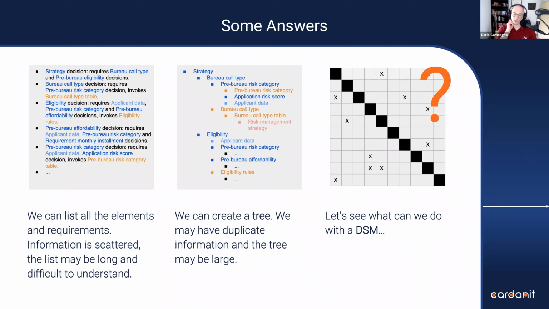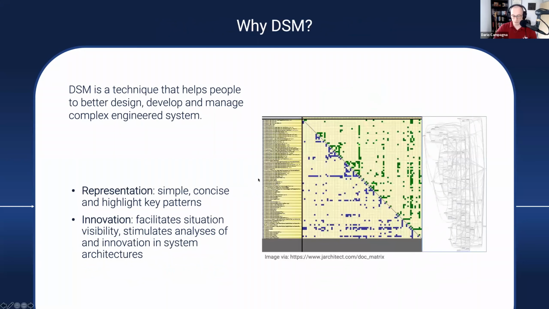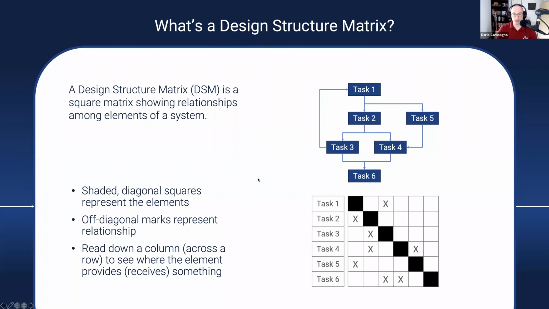So to see what we can do with DSM, I need first to introduce it and let you know what a DSM is. So let's start with the basic definition for Design Structure Matrix. A design structure matrix is a square matrix that shows relationships among elements of a system. What system? Basically any engineering system. We have an example here of a system that is a set of 6 tasks with